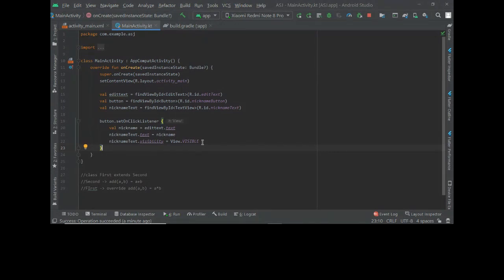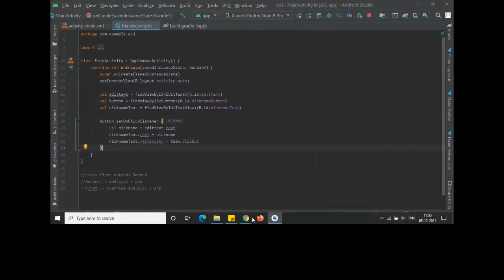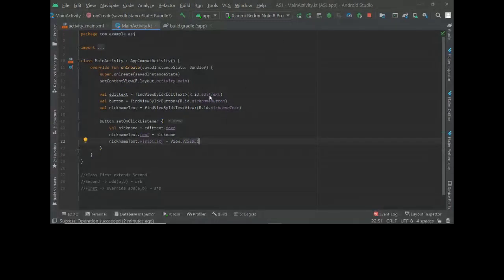Here you can put edit text dot visibility is equal to view dot gone and button dot visibility is equal to view dot gone, and they would also disappear. Just a second, things have gone again. Okay, so we leave that as it is, and you can do that if you want later on.